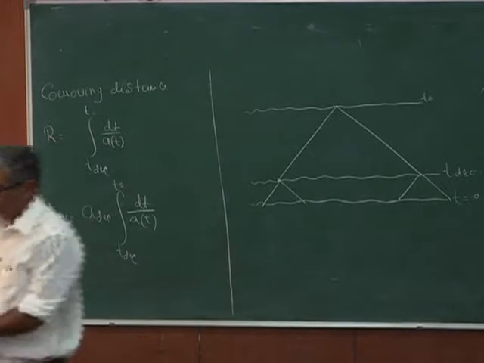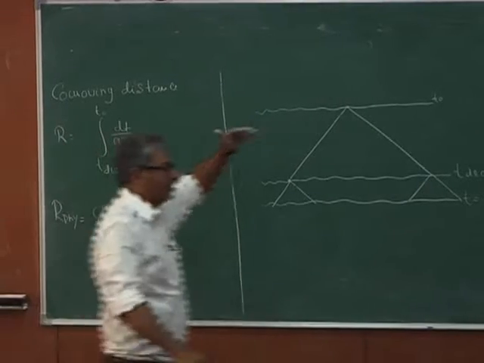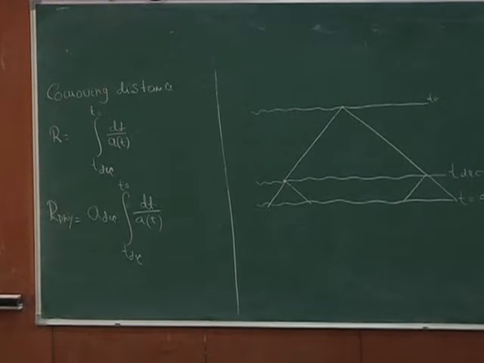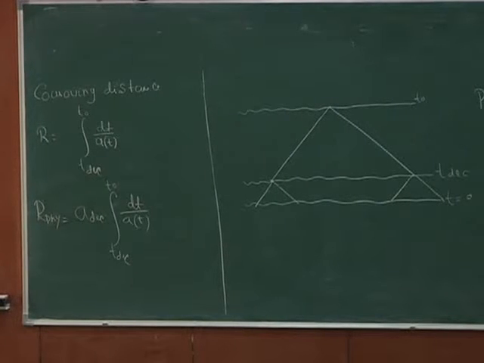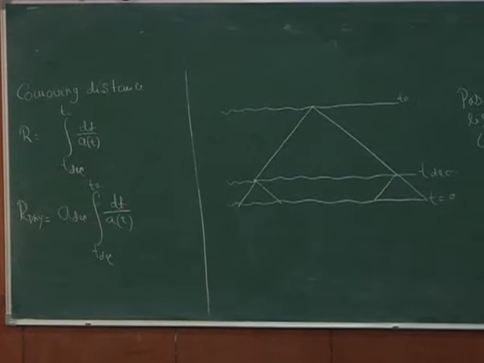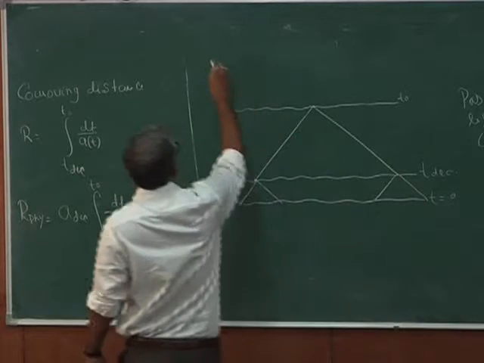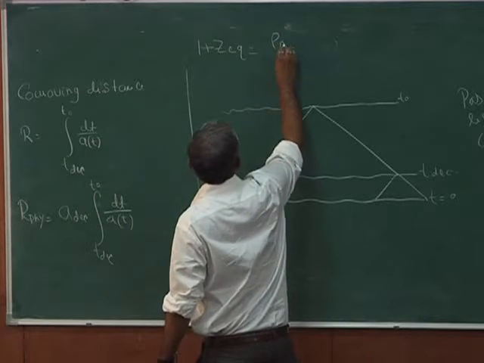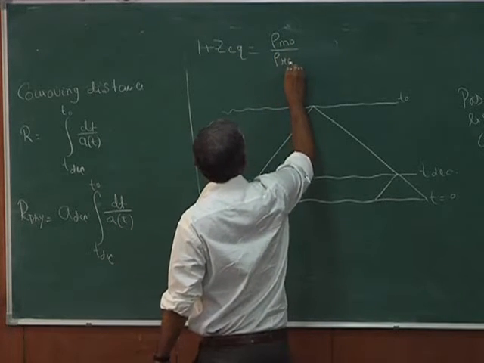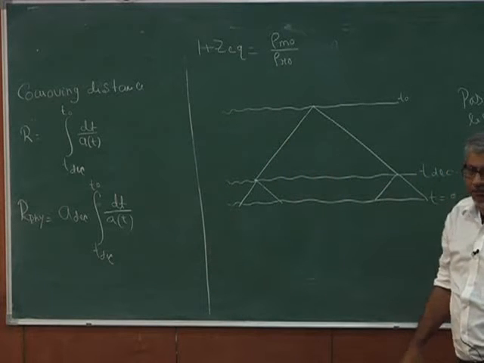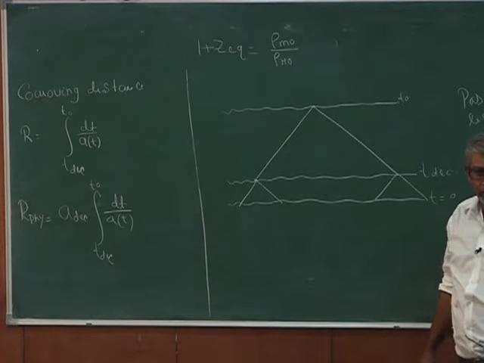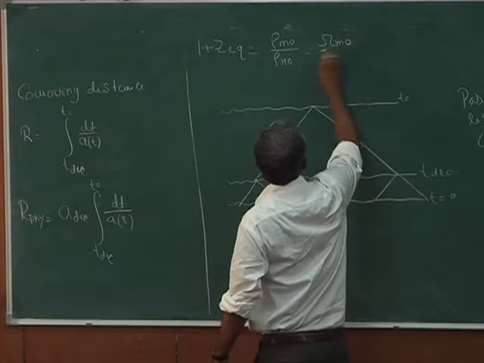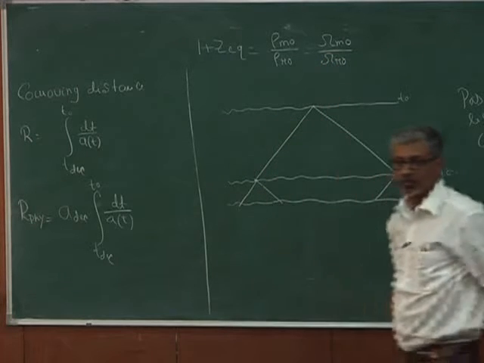Now we know that initially you have a radiation dominated era, then you have a matter dominated era, and then you have a dark energy dominated era. For the timing, just forget about the dark energy dominated era, it is at a very late time, okay. We have calculated the matter radiation equality, fine. If you remember, 1 plus z equal was rho m naught by rho r naught. If I divide both by rho c naught, the critical energy density, in both numerator and denominator, I get omega m naught by omega r naught, okay.